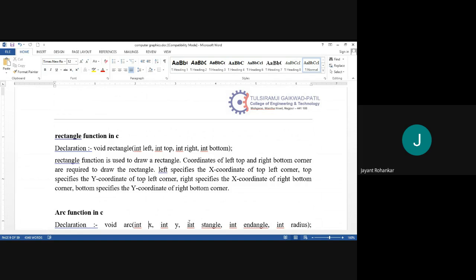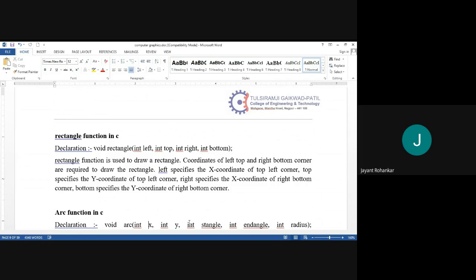Left specifies the x coordinate of the top left corner. Top specifies the y coordinate of the top left corner. Right specifies the x coordinate of the right bottom corner. Bottom specifies the y coordinate of the right bottom corner.